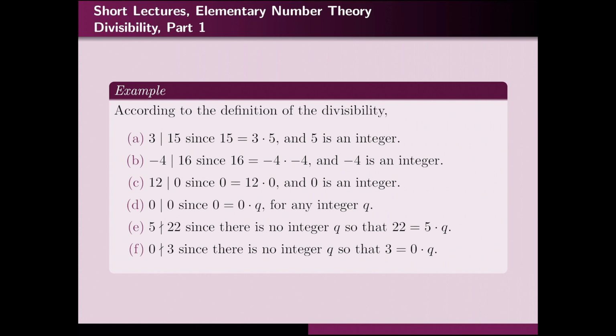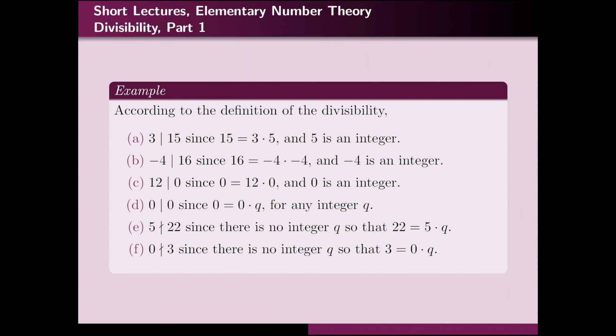So according to the definition of divisibility, this statement is true. Either we say 15 is divisible by 3, or more commonly we say 3 divides 15. Why is this true? Because the number on the right, in this case 15, is equal to the number on the left, in this case 3, multiplied by an integer, in this case 5. So first of all, you see that this relation holds. 15 is indeed equal to 3 times 5. 15 is the number on the right, 3 is the number on the left, and this 5 is indeed an integer. So yes, this is true.